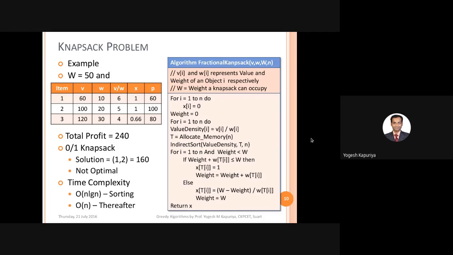So almost the time is only required by the sorting. If you consider from the performance perspective, the sorting will tell you how fast this algorithm is going to execute, right? And this you will observe in many algorithms, and that's why we consider sorting techniques or searching techniques as very important algorithms, because most algorithms require an operation where you want to sort something or you want to search something.